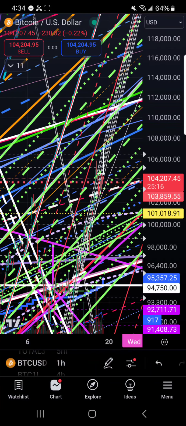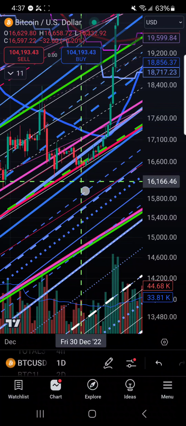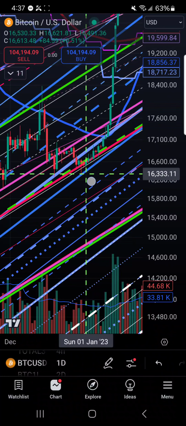The blue channel's even flatter than the green channel, and it goes way back in history. Let's look at that for a second. Now we're looking at the same chart on a daily time frame, and we're way back in the bottom of the market in end of '22-'23. And the blue channel that I'm talking about, the line I'm talking about moving up to currently, is this line